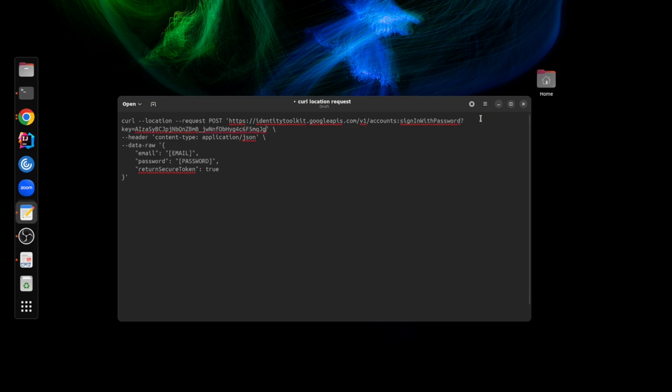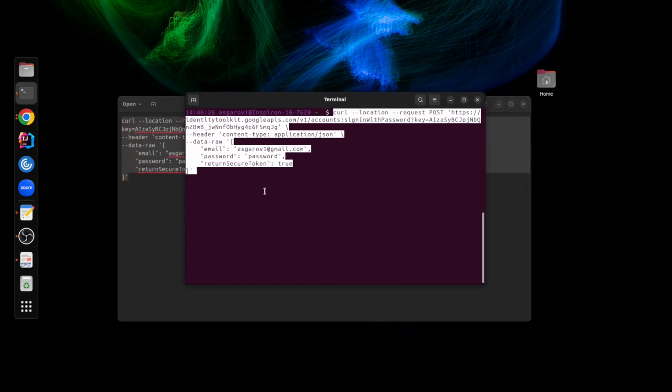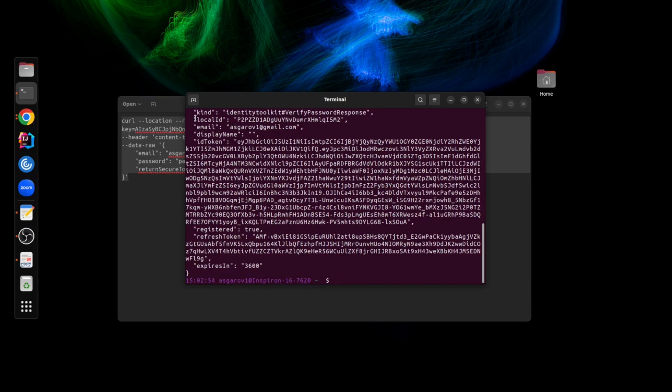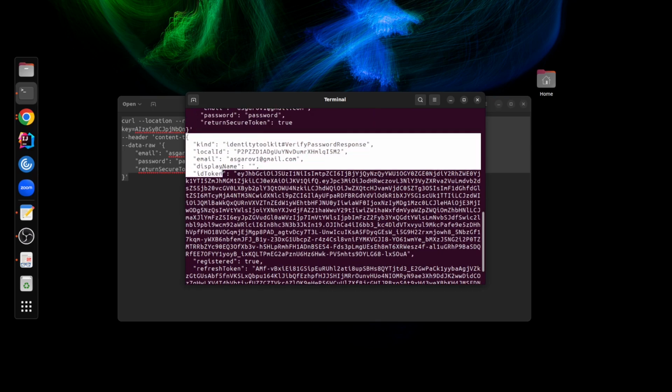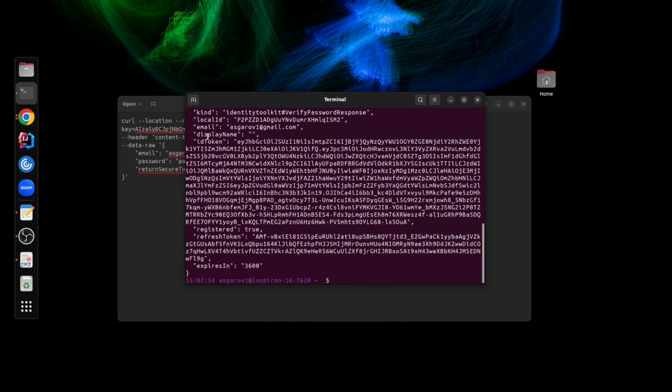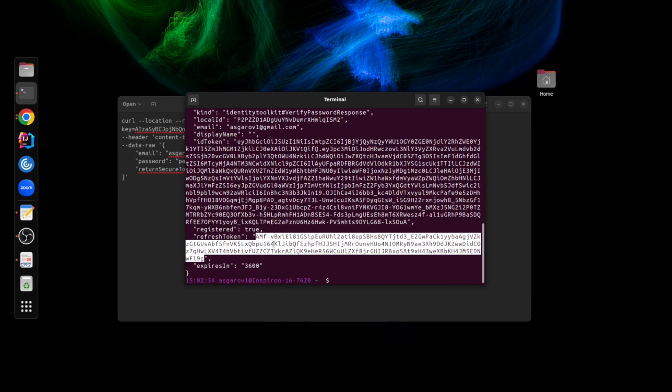So instead of key, we add this. Then instead of email, we add the email we've entered. And instead of password, we add the password we've chosen. We copy this, then we open the terminal, paste it in, and lo and behold, you get a response. The response starts here. And indeed, we get a token and everything we needed, but we're specifically interested in this